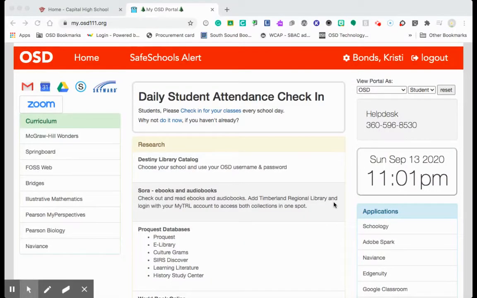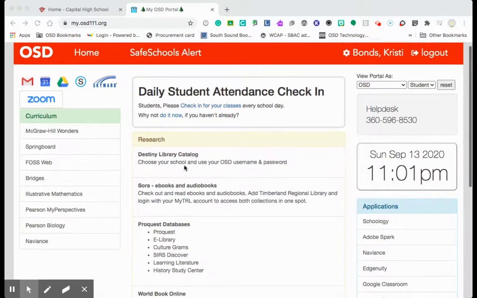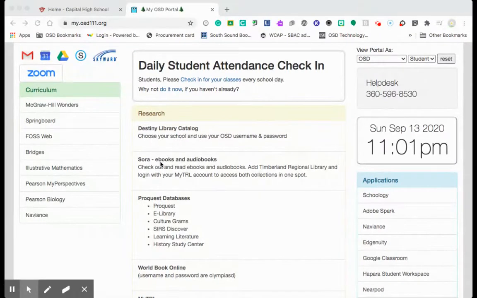So once you get to the portal here, you'll keep focusing in the middle of the page, and you'll see the tan box that begins with research, and right underneath that is our Destiny Library catalog link. And right underneath that one is this connection to Sora, our ebook and audiobook collection. Notice that in the second sentence there it says you can add the Timberland Regional Library and log in with